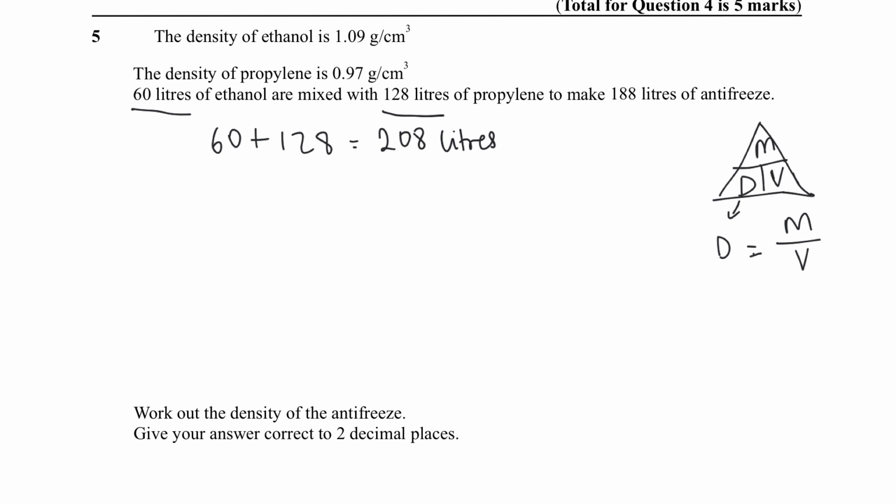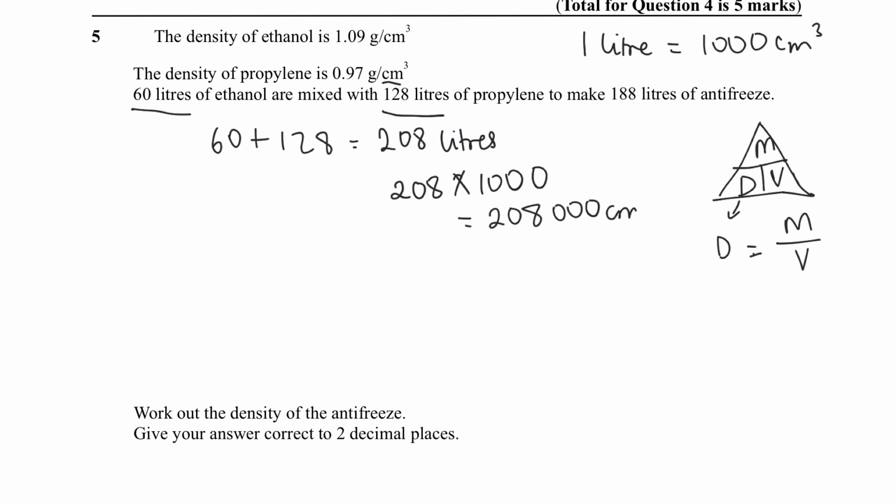I know this may confuse some people because you're seeing liters and not centimeters cubed, but 1 liter is equal to 1,000 centimeters cubed. By knowing that unit conversion, we can work out the volume. So we would do 208 times 1,000, and that would leave you with